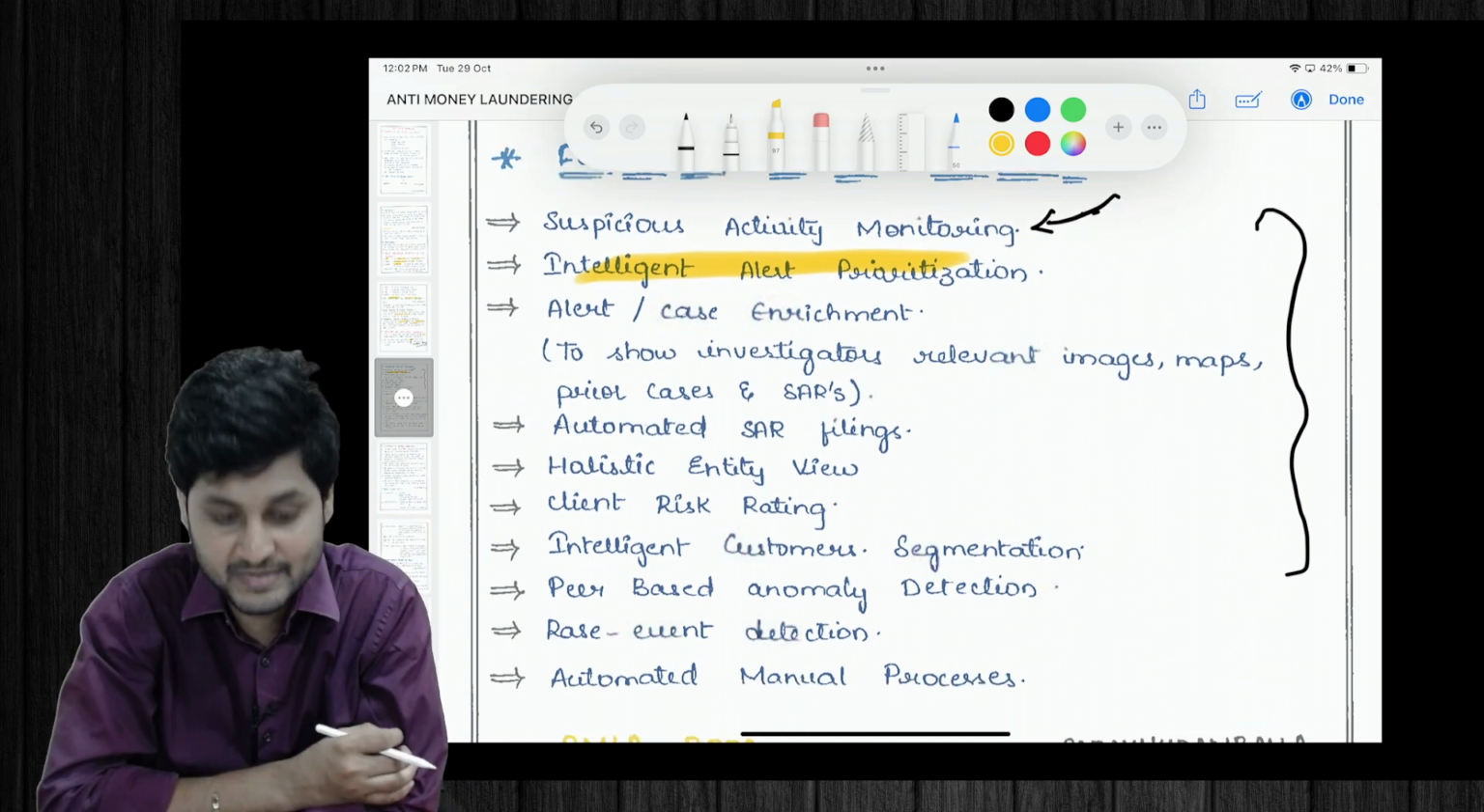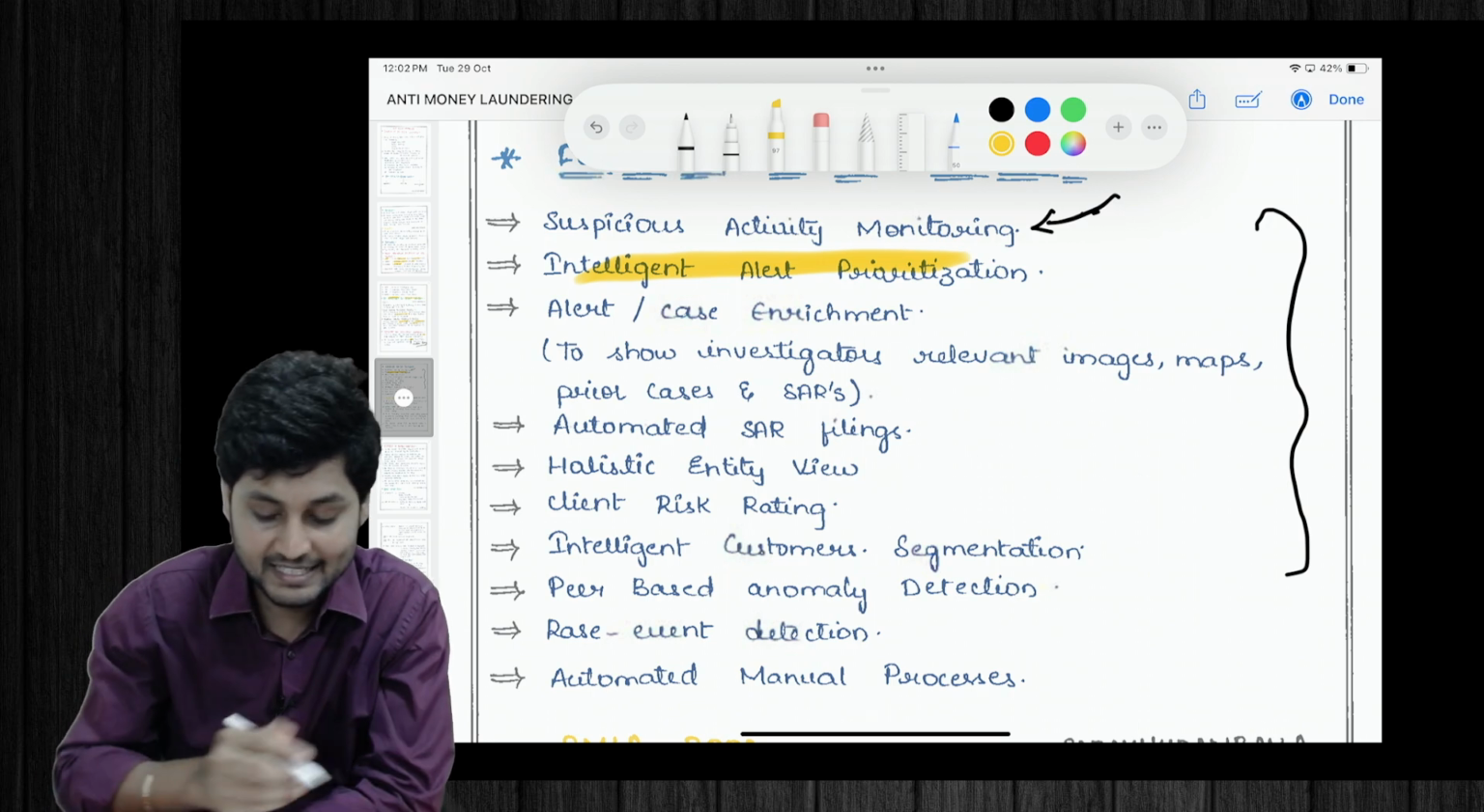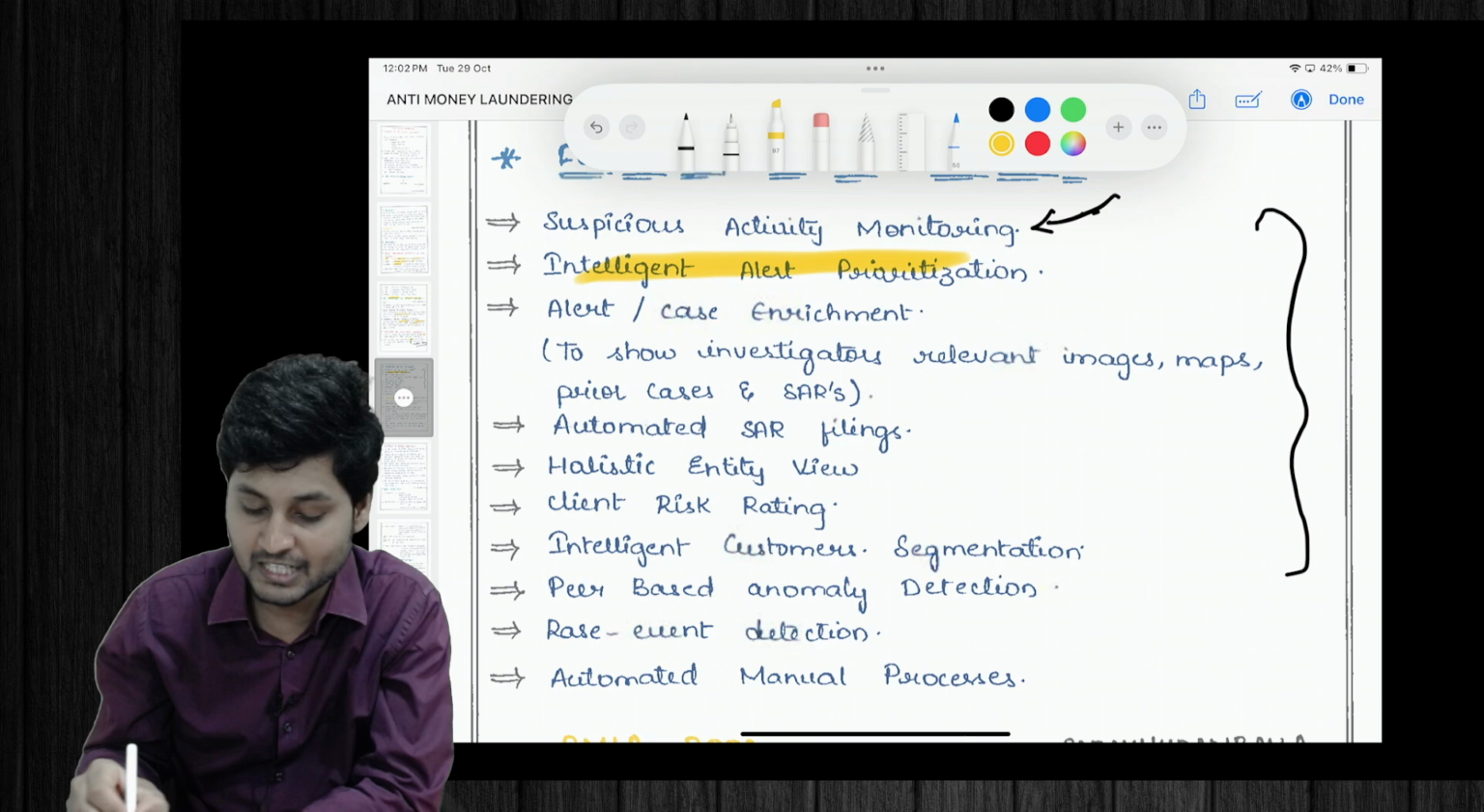So point number 3, alert or case enrichment. Alert or case enrichment. Technology may be used in this case, and the investigations will show the relevant images to